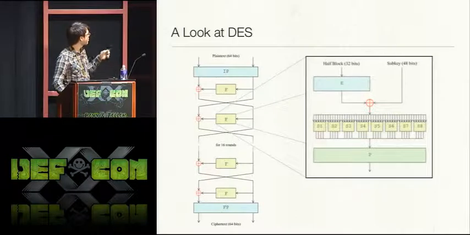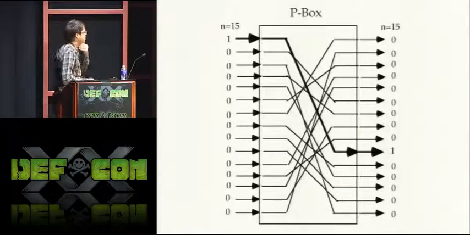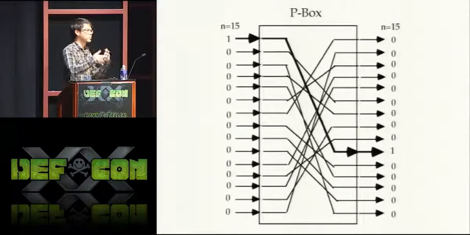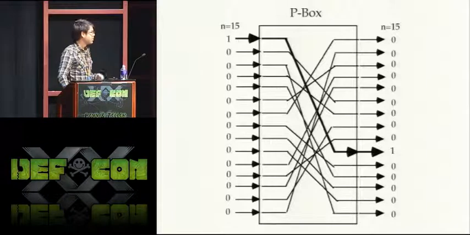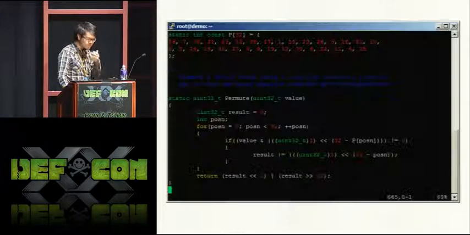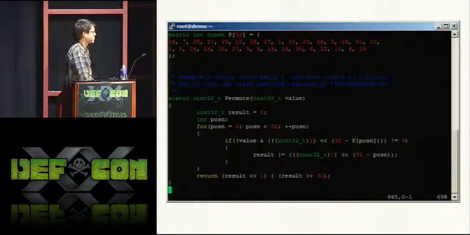If you look at the P box and zoom in a little bit, it's basically just transposing input bits for output bits. And if you're trying to do this on a normal computer, this is a really horrible implementation of a P box in software, where you have a for loop and then it looks it up in a table and moves bits around. And this is using 32 or 64-bit operations to move bits around.